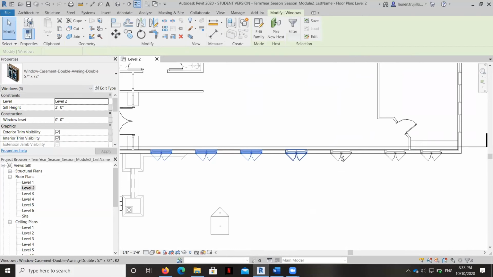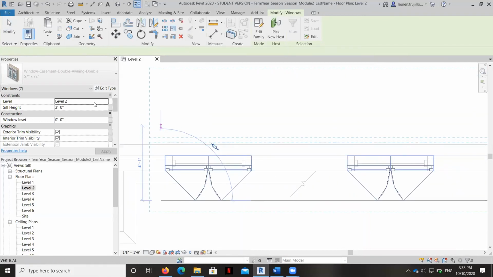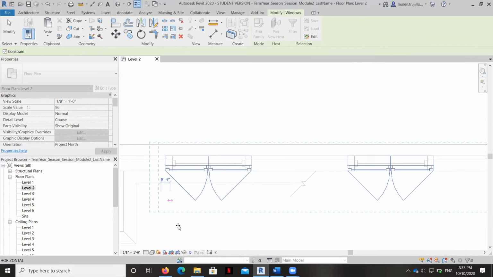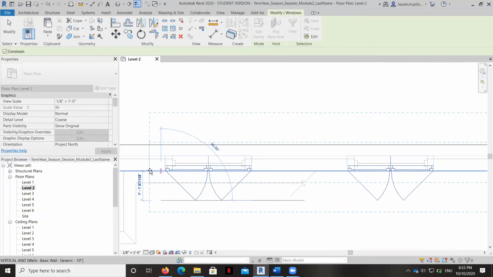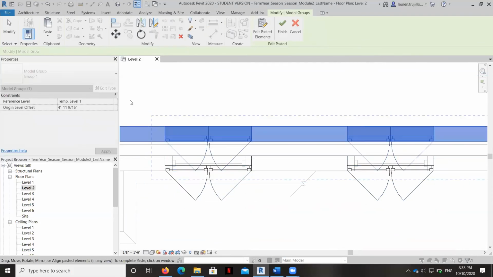Let's see. Let's live on the edge. And let's go ahead and place them, eek, right here. Ooh, I'm scared.